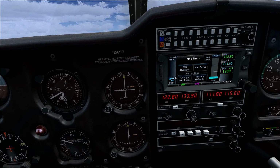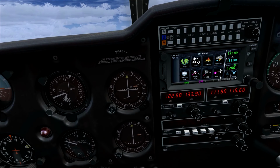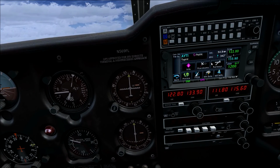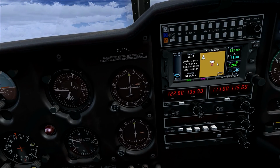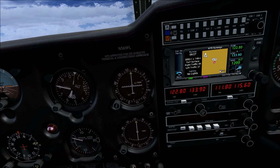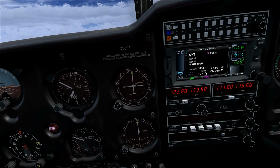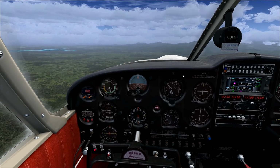Now, there is a way to get some airport information here. Waypoint info, airport, Tapini public, runways, 3000 by 148. Info, elevation 3151. Okay, so